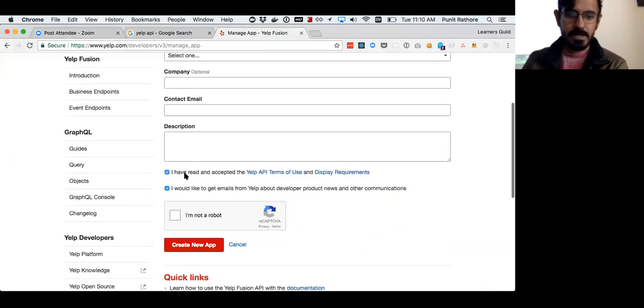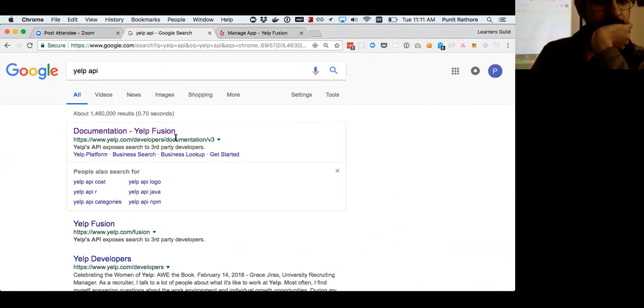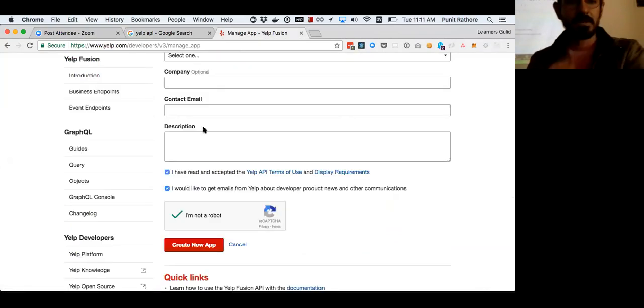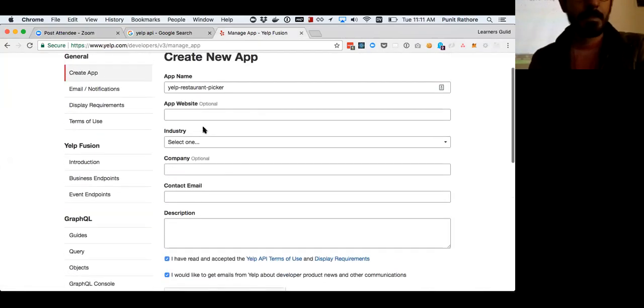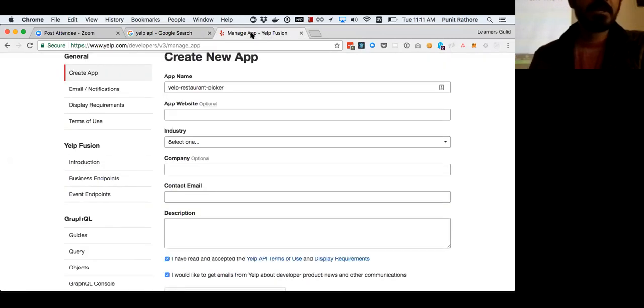Okay, I've read and accepted. Yelp Fusion API, right? It's yelp.com/developer/v3. Yeah, Yelp Fusion. Is this right? Exactly, yeah. Okay. When developers apply V3? So if you just Google for Yelp API and click on the first link,